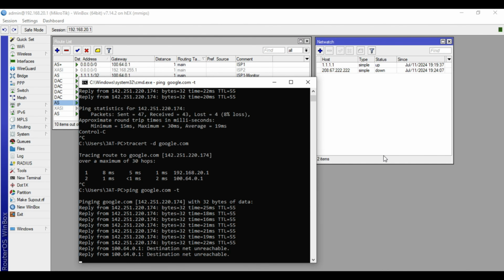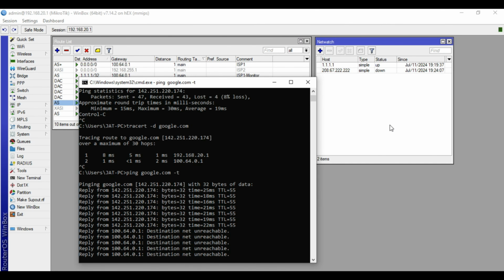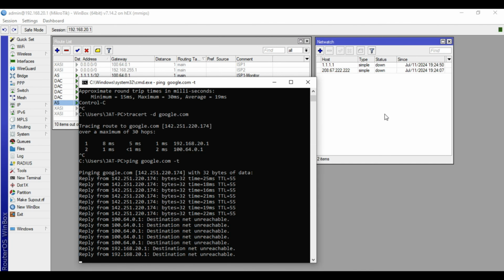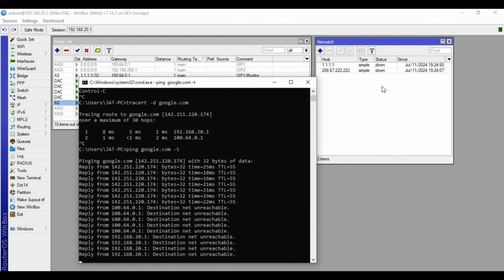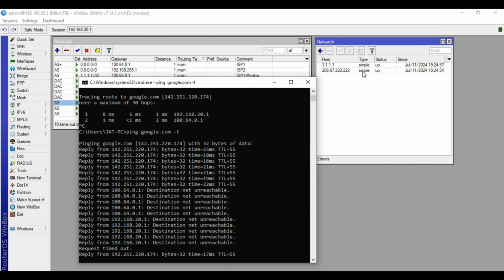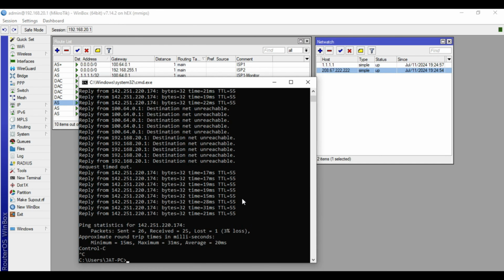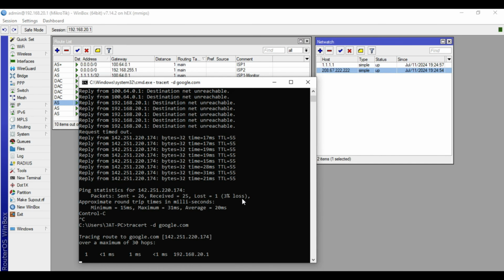Observe the NetWatch. ISP2 monitor IP is now up. And we are now routed again to ISP2.